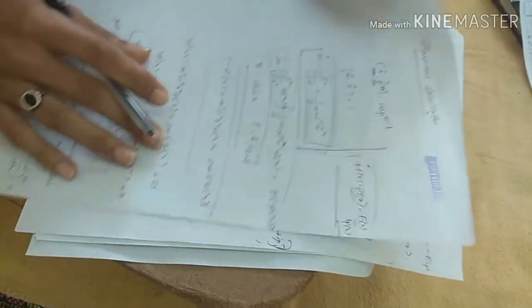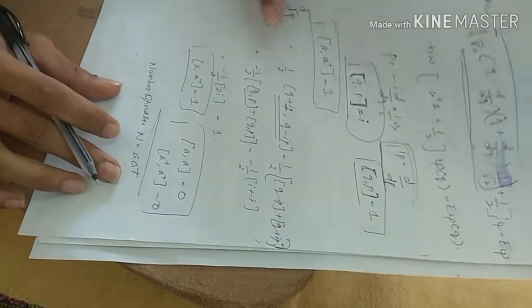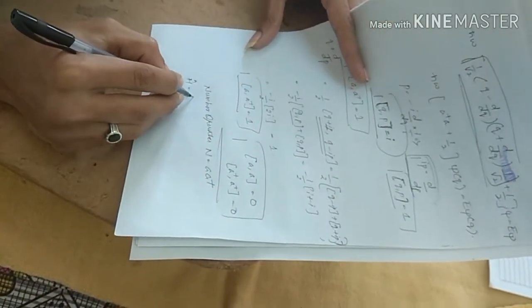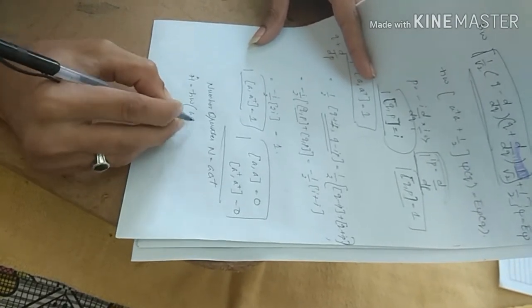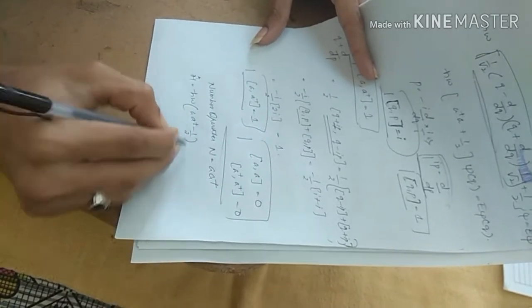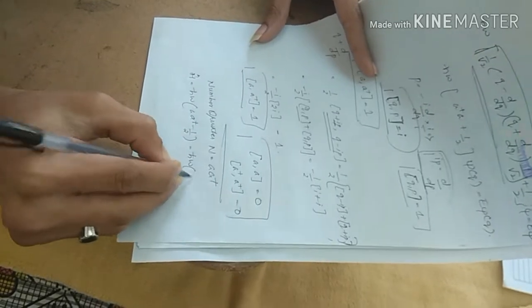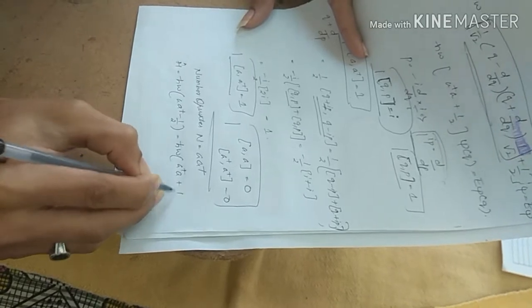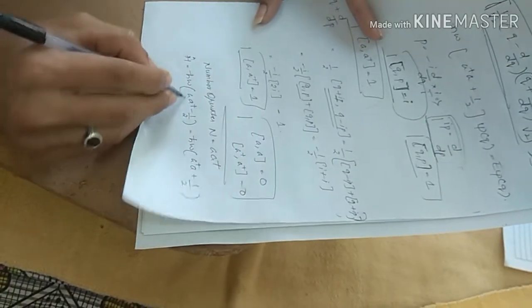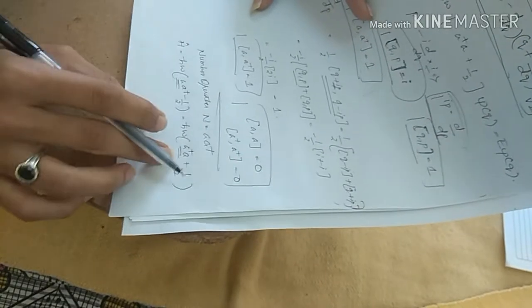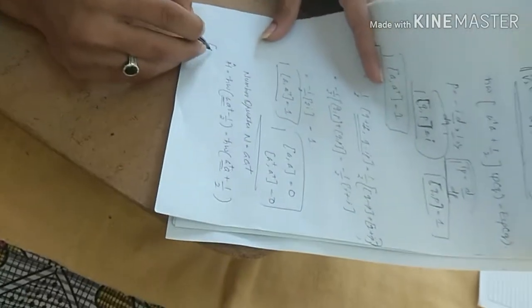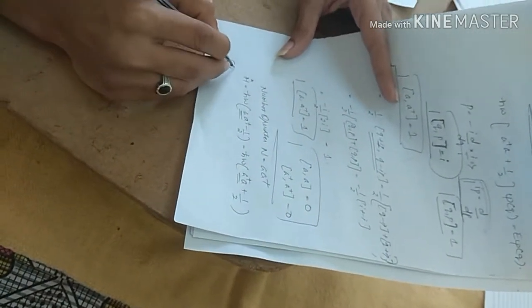By using this, we can write our Hamiltonian in the form of annihilation and creation operators, that is H cap equals h omega by 2 of a star a plus h omega by 2 of a a star. These are conjugate complexes, conjugate to each other, and using the complex Poisson bracket,